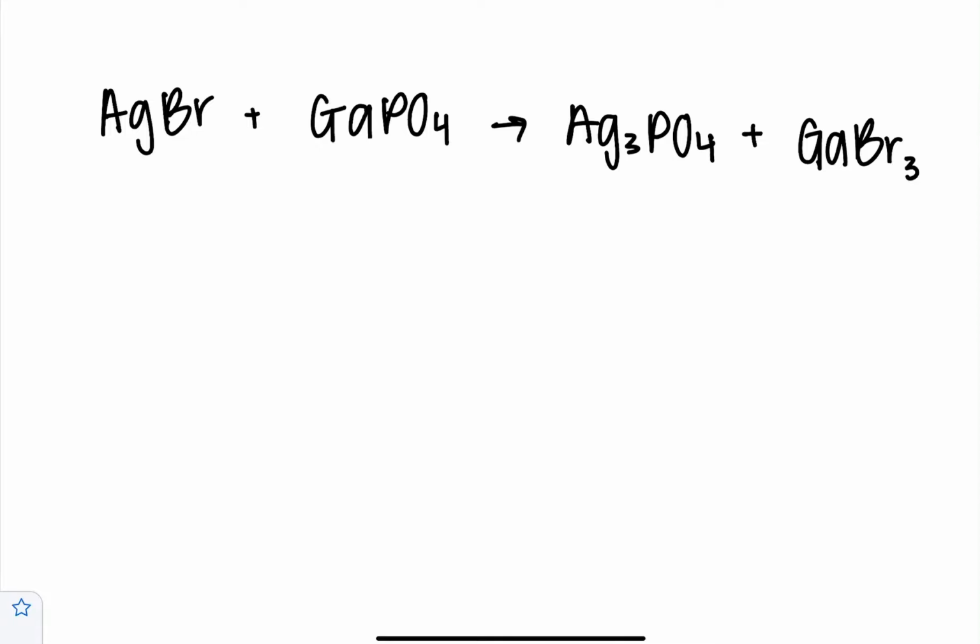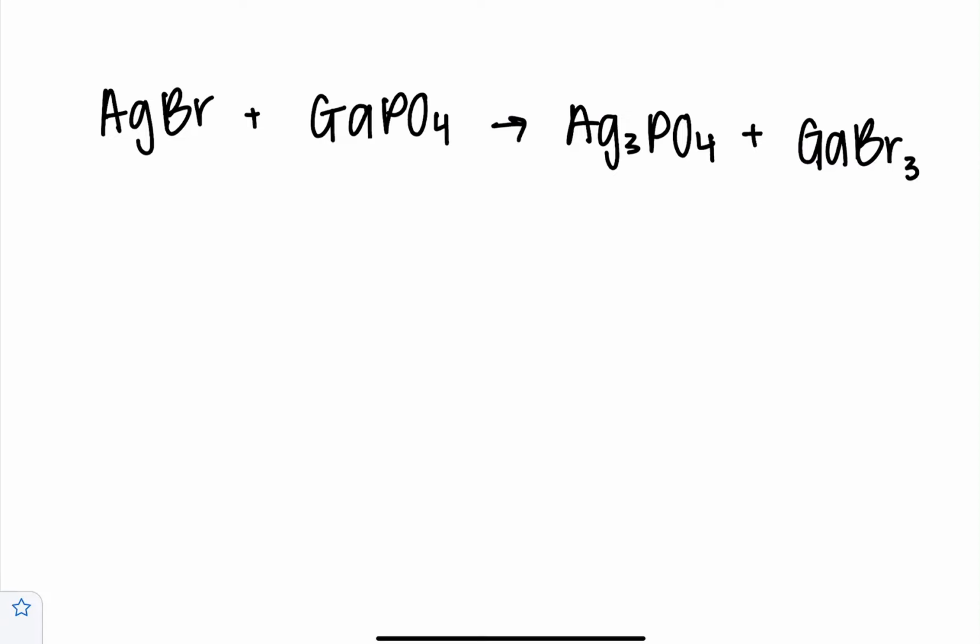This is problem 2 in my balancing chemical equations video series. Here we have a reaction: AgBr plus GaPO4 yields Ag3PO4 plus GaBr3. So let's get right into this. The first thing we want to do is recognize that we have an unbalanced reaction, meaning that there are unequal amounts of